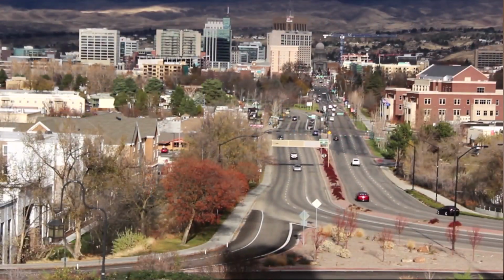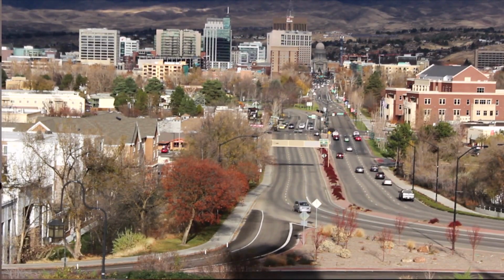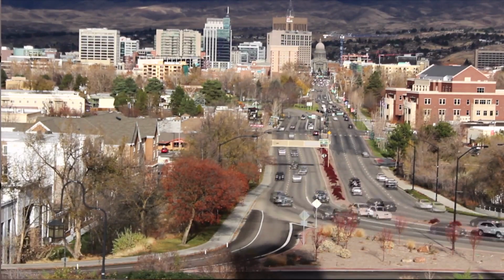And that's also why the Boise Depot is built where it is. It's in line with the Capitol, and a grand thoroughfare was to be built from downtown, from the Capitol, all the way to the depot, and you could loop from the Capitol to the depot in one long road. Between the years 1930, 40, 50, and early 1960, the Boise Depot had 6 passenger trains a day through here,